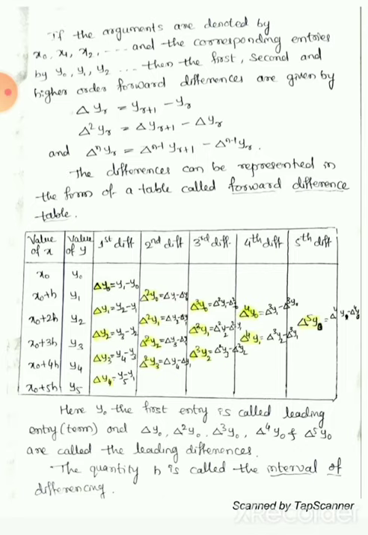That table is called what? A forward difference table. If you study this table, then you will understand the definition clearly. These are the values of x in the given interval, and these are the values of y. Then you just have to find the first difference. Already you studied the definition of first difference: the second value minus the first value of your function is your first forward difference.